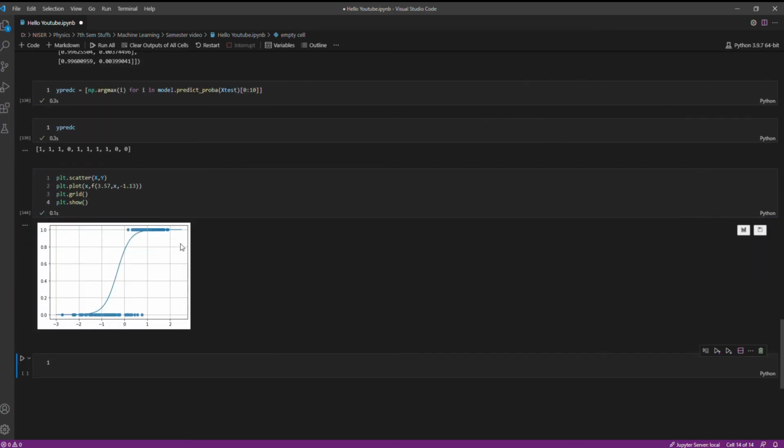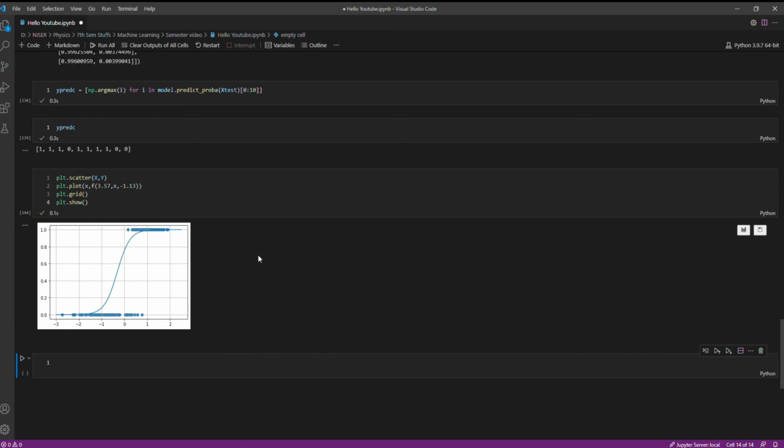Yeah, this is better. So as you can see, these are our points, and this is the fitted curve. This is the S shape as expected, and you can see the threshold is 0.5. So any point above the threshold is classified as 1, and any point below the threshold is classified as 0. There is some noise that will be present. Anyway, you can't be perfect in this.